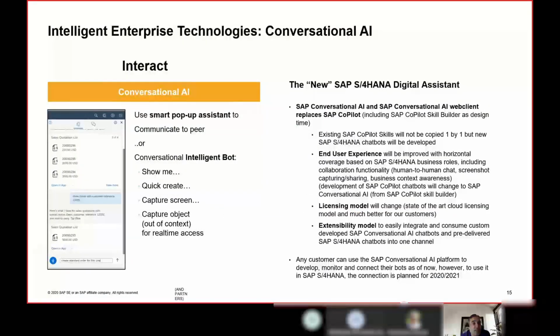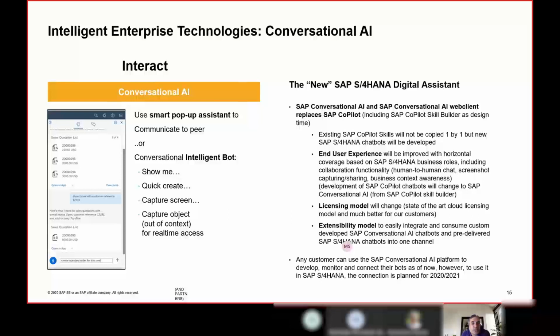So we talked about these conversational AIs, and the intelligent technologies which are being used. This is nothing but a kind of bot which a customer can use to make their business scenarios more efficient. For example, we are talking about communication. If the customer or the end user wants to interact with the system or with the processes, the bot can help in carrying out those transactions for him.